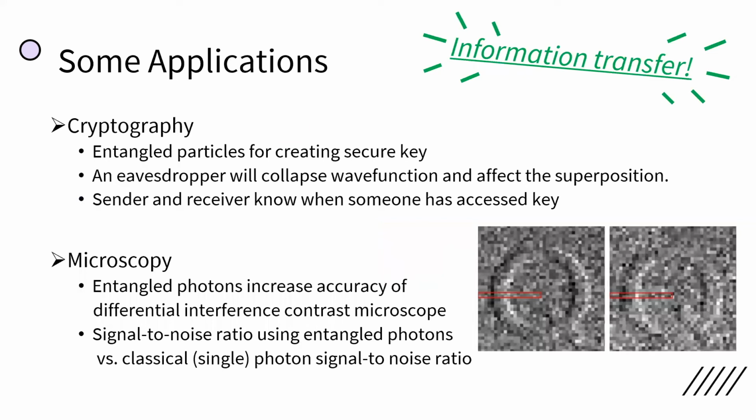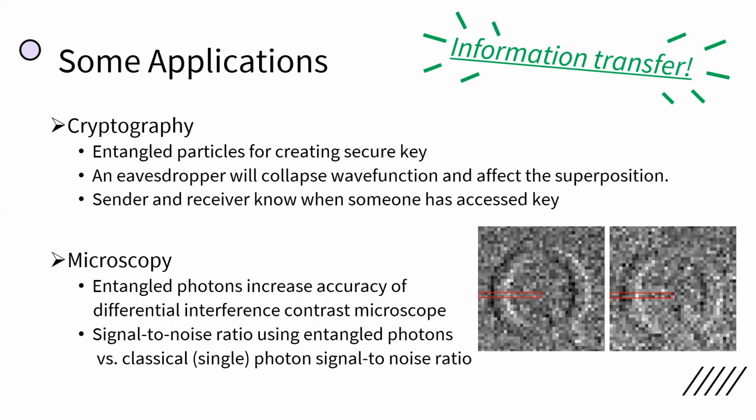Not only is quantum entanglement really cool, but it also has practical applications. Most of them involve information transfer, but here are a few. The first was cryptography. So like we talked about, once quantum particles have been measured, they lose their superposition state. So if you want to establish a secure key and tell whether or not someone has eavesdropped on this secure key for your code, you can see if the wave function has collapsed or not. So once that's received and the particles are still in superposition, both sender and receiver know no one accessed their